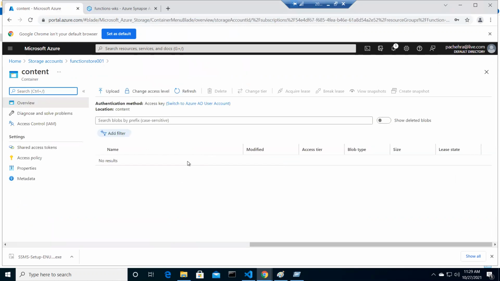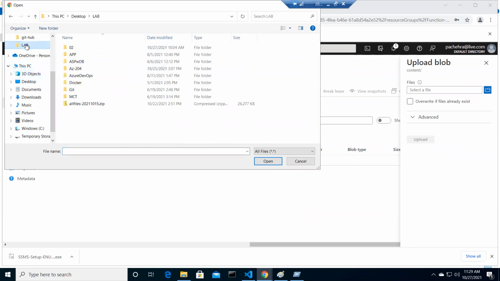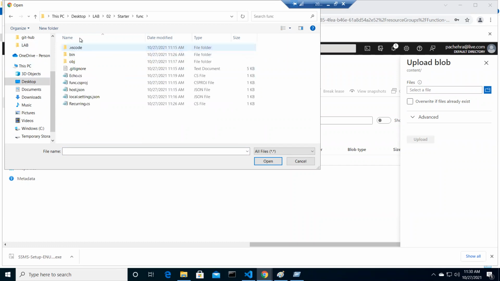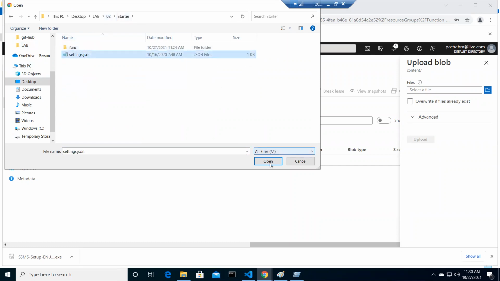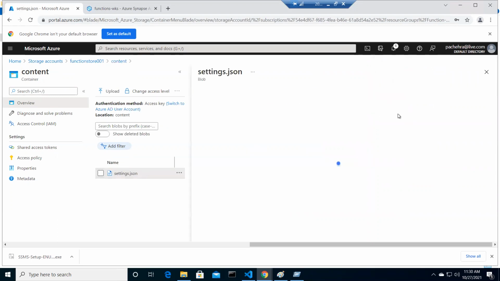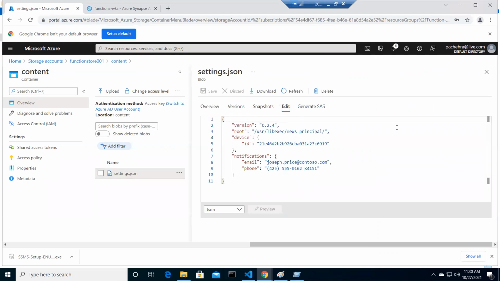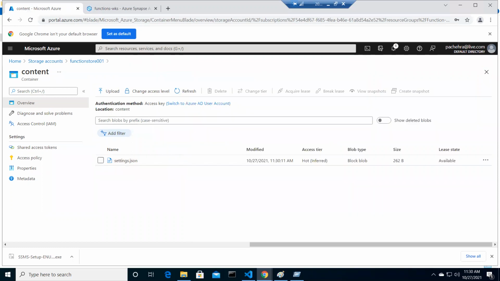let me click here and upload a file, which is settings.json right here in our lab. Settings.json. It's a JSON file, simple JSON file. I'll show you, and it would be picked by the function. I could say so. Edit. This is the simple file, nothing fancy. Okay. All right. So we have created the container, uploaded the file, and now what we need to do,